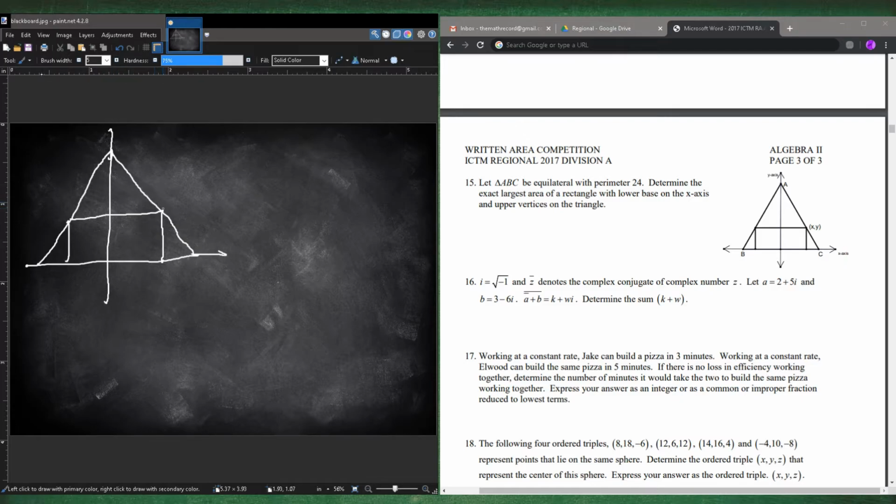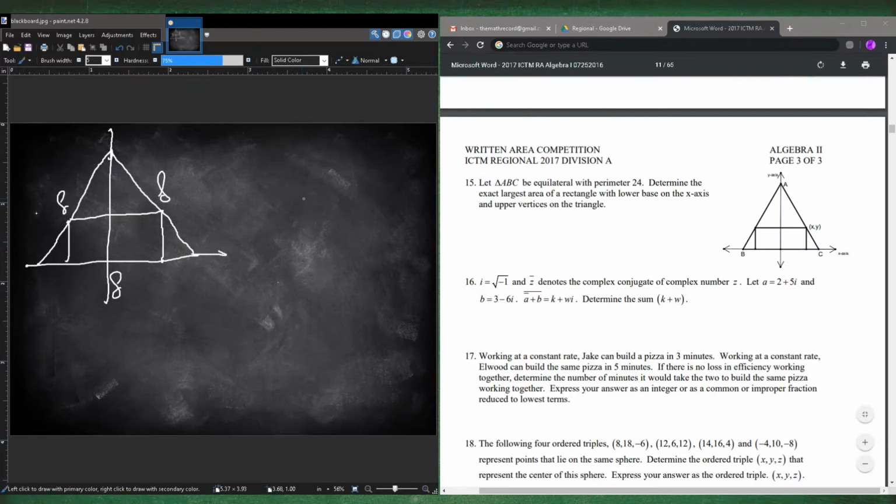So we know this triangle, ABC, is an equilateral with a perimeter of 24. So that means each of the three sides has equal length. So 24 divided by 3 is 8. So this side length is 8, this side length is 8, and this side length is 8. So if this side length is 8, you just basically need to know